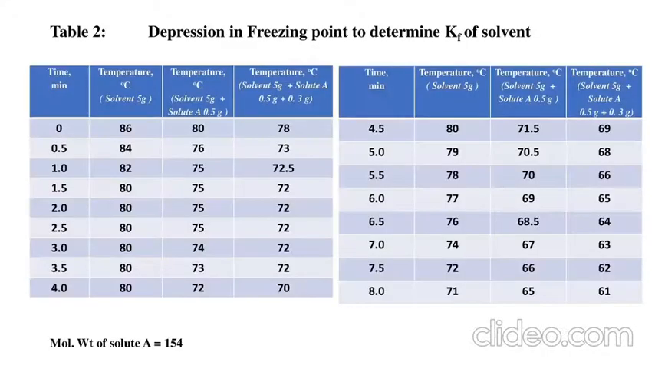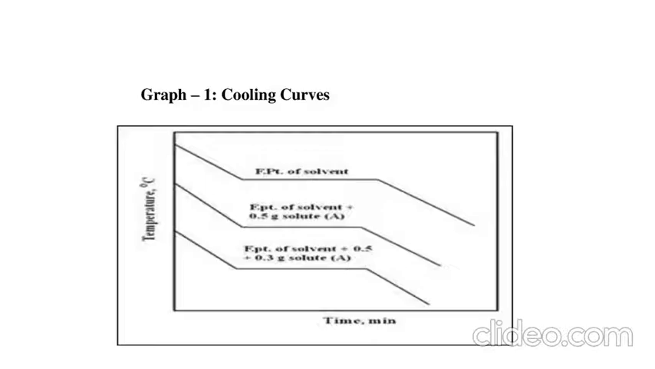Calculation. The recorded temperatures are tabulated. Molecular weight of solute A is 154. The freezing point of the solvent T1, the solvent plus 0.5 gram of solute A, T2, and the solvent plus 0.8 gram of solute A are determined from the cooling curve obtained by plotting temperature against